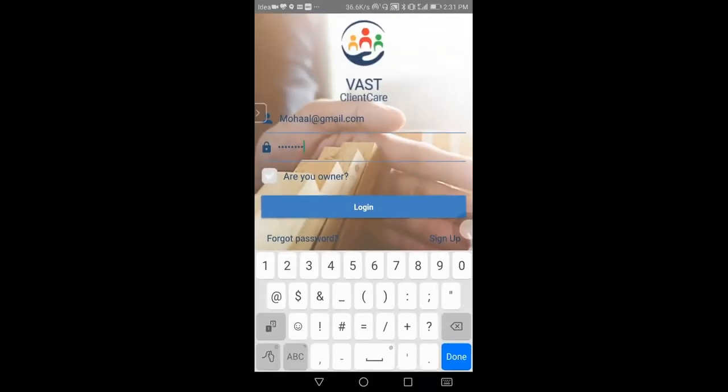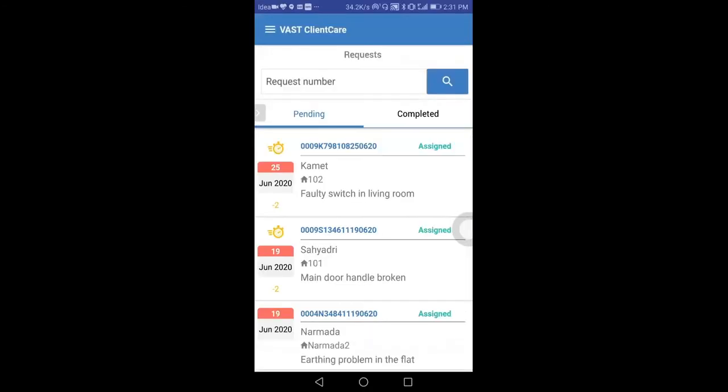Now I'm back on the mobile application, and from here I will be logging in as the facility member. Here I've logged in as a facility member. From here I will be able to see all the requests that have been assigned to me. This is a request which has just been raised by Priyanka, and the DGM has assigned it to this facility member. Now I will click on this particular request